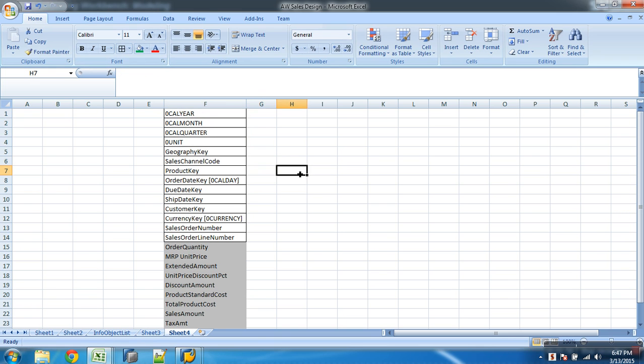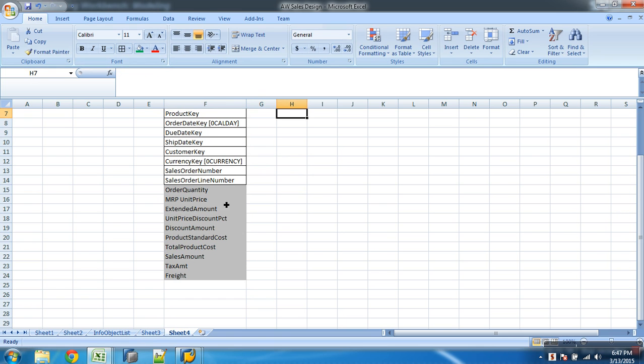Okay, boss. See, key figures you don't have to do any modeling. Straight away all this will go and sit into what? Into my fact table, because this is my transaction data. All the key figures of my measures which are coming from my fact transactions, I will send this into the fact table. So fact table will have dimension IDs and what? Key figures. So all these key figures will straight away go and sit into my fact table.